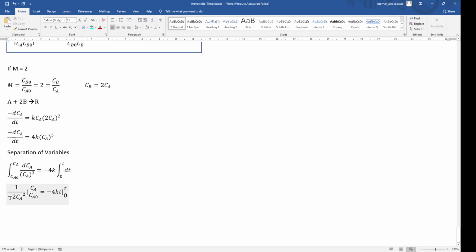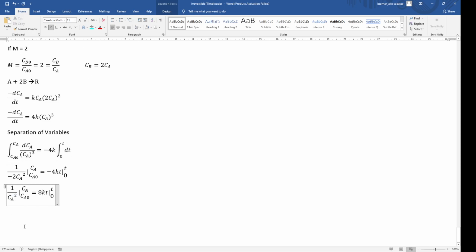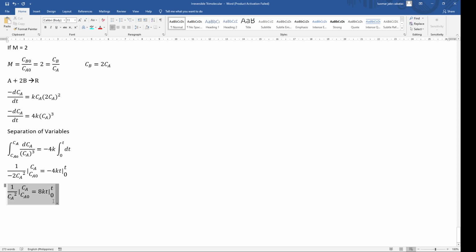So we can multiply the 2 here. We have negative 2 times negative 4, which would be positive 8. Then input the limits. So you have